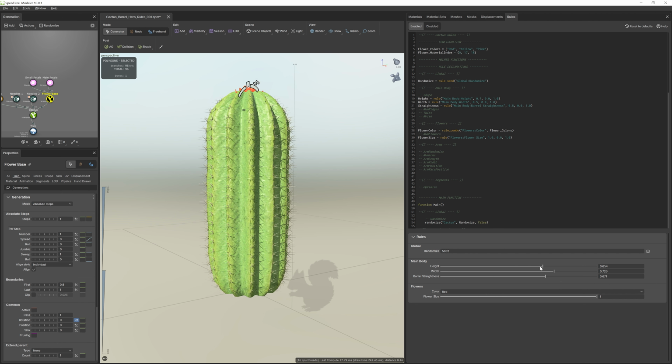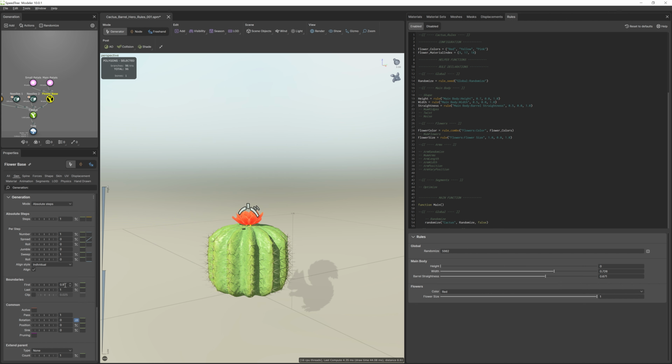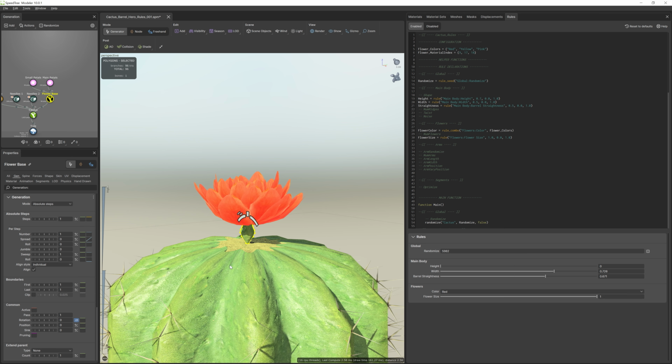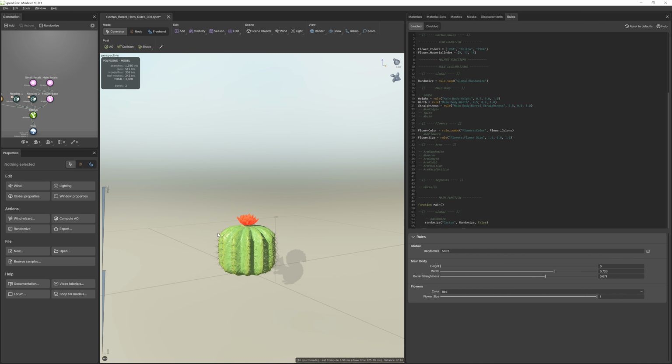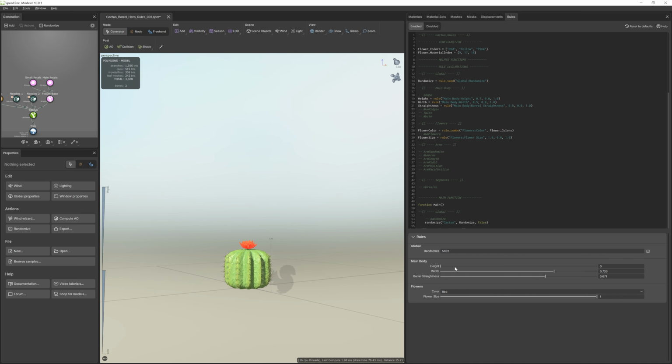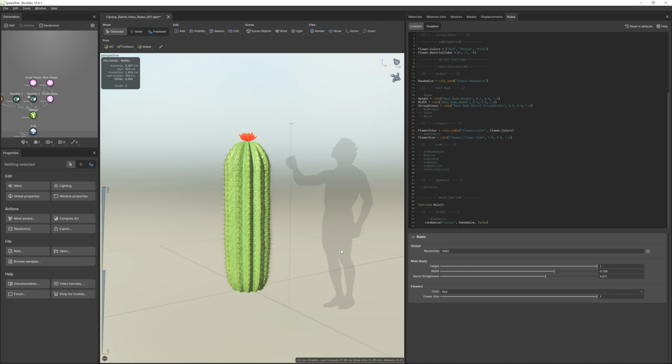So what we can do to make sure our flower stays in place is to make our first and last boundaries set to the same number. For now, I'll set them both to 1. Then, so that the flower isn't sitting so far up above our model, we can substitute the sink property to adjust the placement of the flower's base. Once I've done that, I can adjust the height and the flower stays in the same spot.